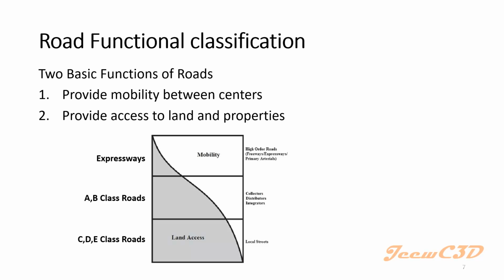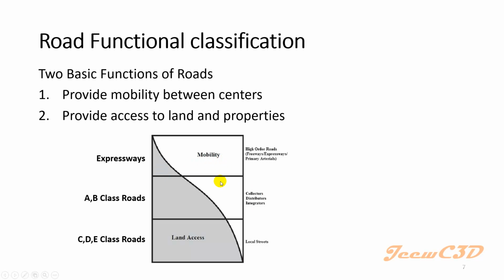So that Colombo Kandy road provides more mobility, but the small road to your house provides more accessibility. It helps you to access, but the main road provides more chance to mobilize. That means it has more speed. So if you consider this chart, you can see expressways have more mobility but less accessibility. That means you can't stop everywhere on the expressway. You can't stop, only after going from an interchange. So you have less access